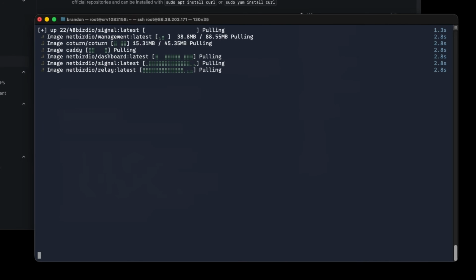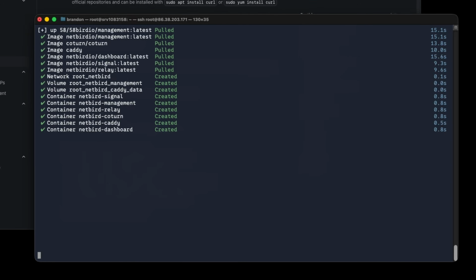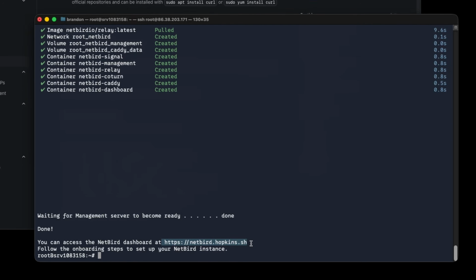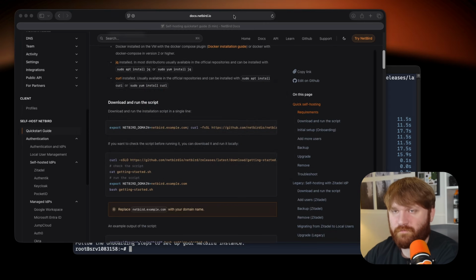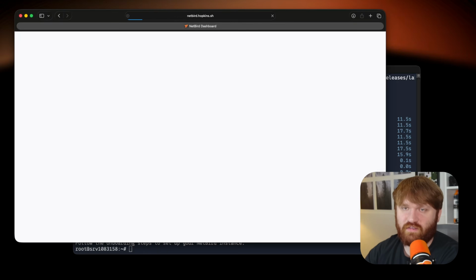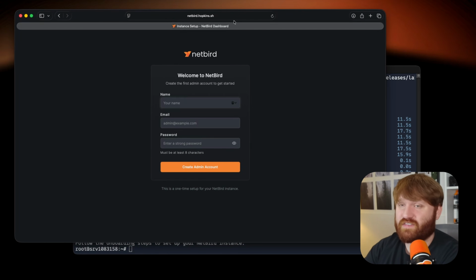And just like that, it is going to spin up all of these containers. And there we go, everything's created. So now you can see it's waiting for the management server to become ready. And then when done, it's going to give us our URL that we're going to want to navigate to. From there, we could just paste it in, navigate to it, and then you could see now it says